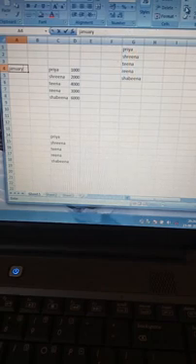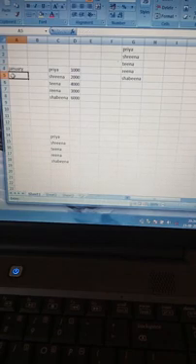So you select the next cell where you want to fill the second one, and then go to the down option.